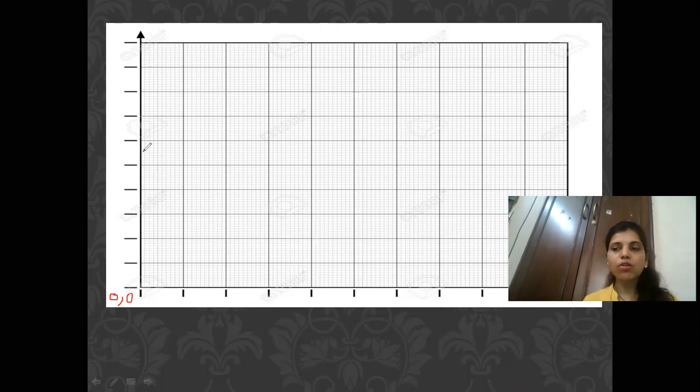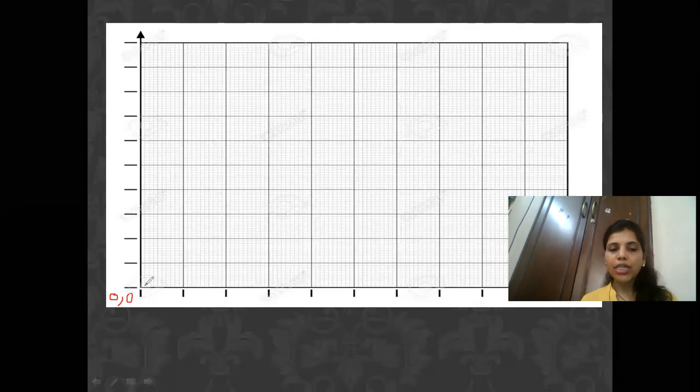What you do is, on the graph paper, you leave one column, and from there draw a straight line for the x and y axes. From the bottom you leave one box, and from the left side you leave one box, and draw a straight line which will represent the y axis. At the meeting point of the x axis and y axis, that is the intersection point, you write 0 and 0, because the initial reading given to us is 0, 0. Now when you are writing the points, you have to keep them equidistant. Before that you have to write the scale. So please write the scale over here.